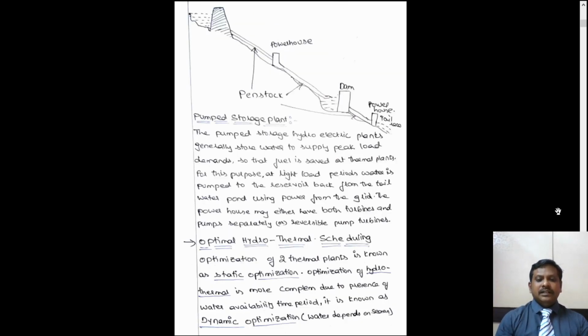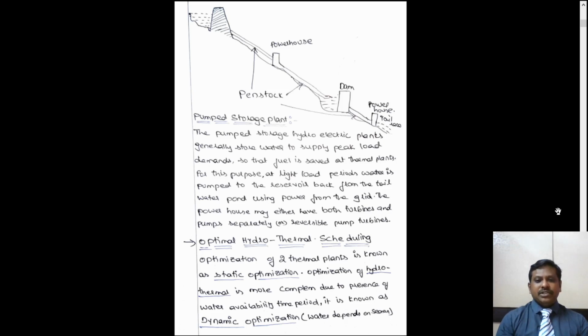Another one is the pumped storage plant. In Telugu, we also term it as Ettipotala Padakam. Here, when the water is discharged from the turbine, it is stored again with the help of very high motor pumps and sent back to a second, higher storage level. So if the water is not utilized for irrigation, it can be used under peak load conditions. This is known as a pumped storage plant.